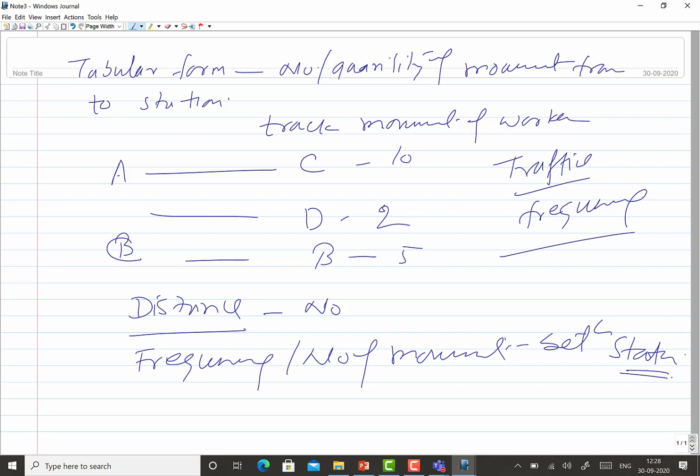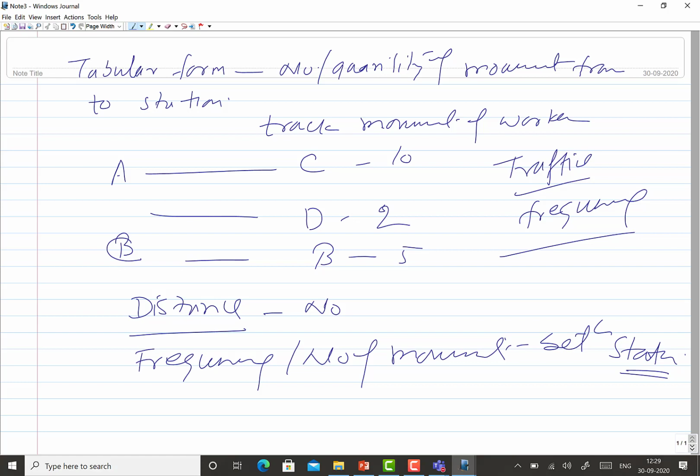While the flow diagram and the string diagram give enough idea about the locations and the distances traveled, along with the frequency of movement, in this case it gives only an idea about the number of movements between the two stations. It doesn't give an idea about the distances covered.